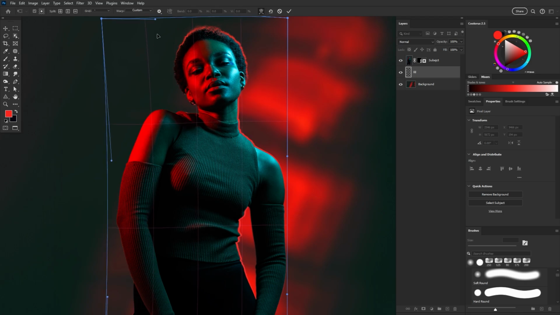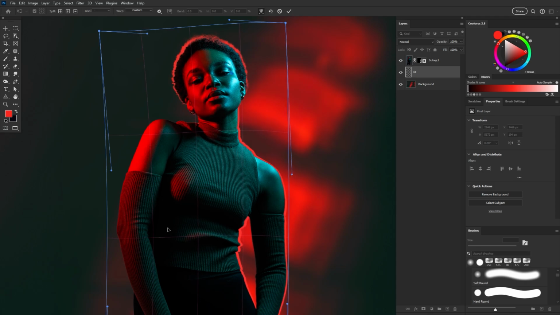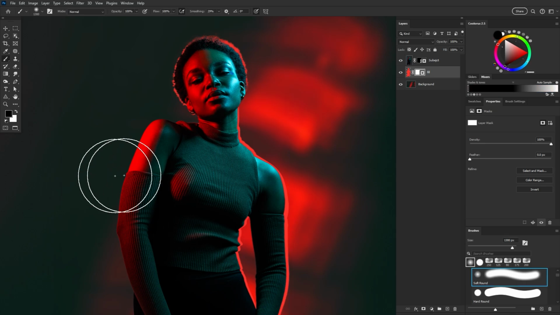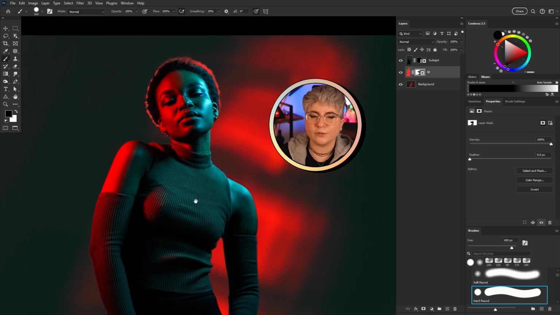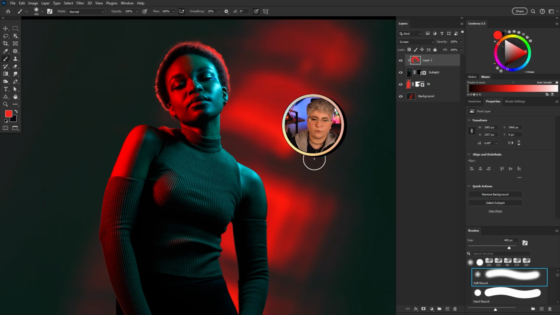Only focus on the hair here, don't worry about all that extra red. Because once we're happy with the hair, we're going to add a layer mask and then mask away all that extra color. Now, if the edges around the hair and the fill layer look a little too harsh like they do here, you can always clip a new layer right into the subject, and then paint nice little loose flyaway hair strands along with some soft colored light, just to soften and blend the edges into one another a bit. And while our hair here is very short, this also works a charm on long hair, I promise. I've been doing it for years.